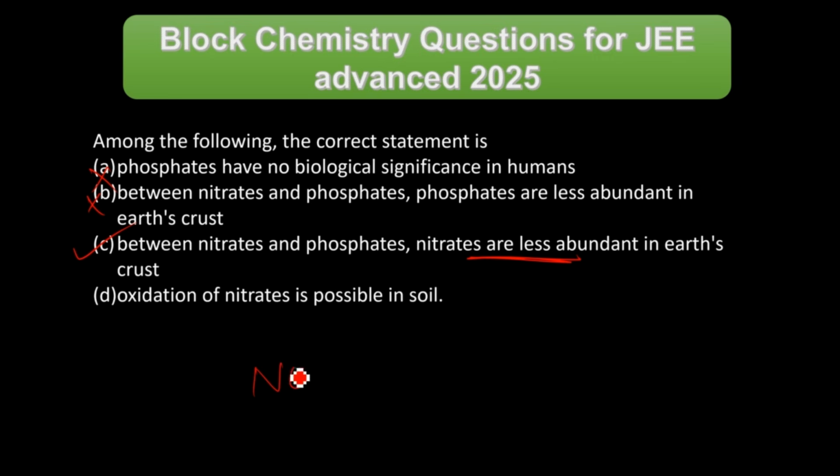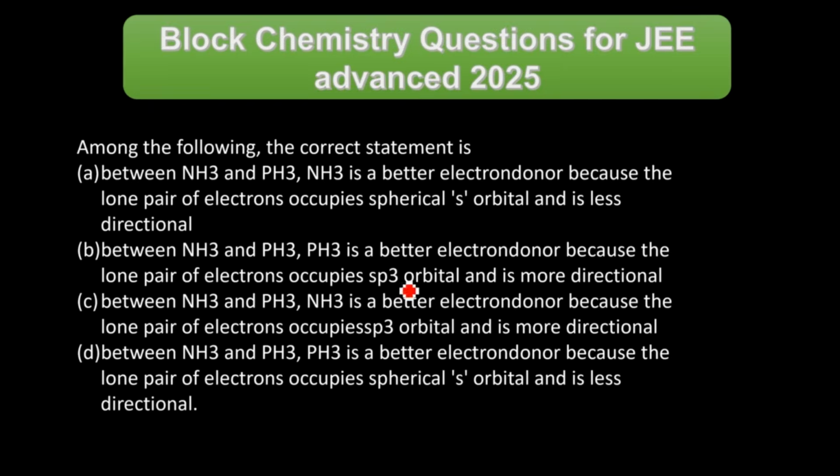So nitrate is already in +5 oxidation state. Again, the oxidation would not be possible. So C is your right answer. Then among the following, the correct statement is... they are telling about which is a better electron donor and